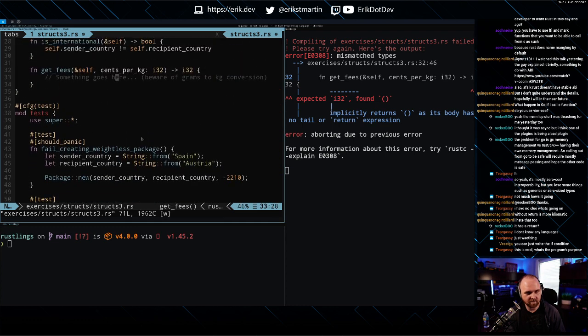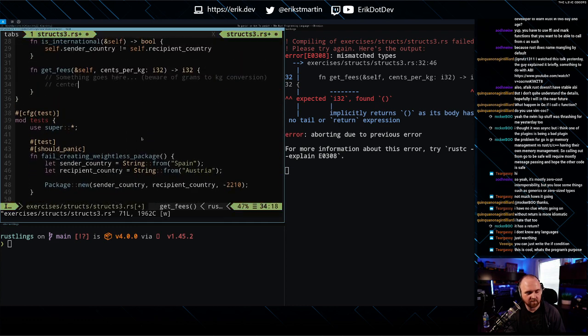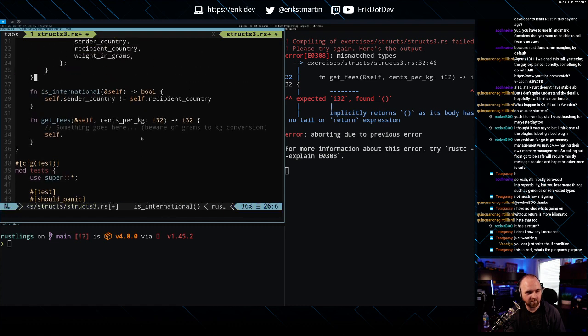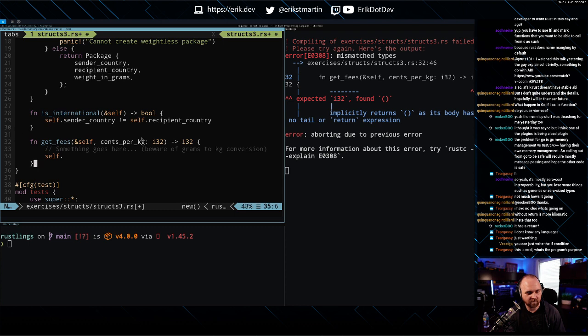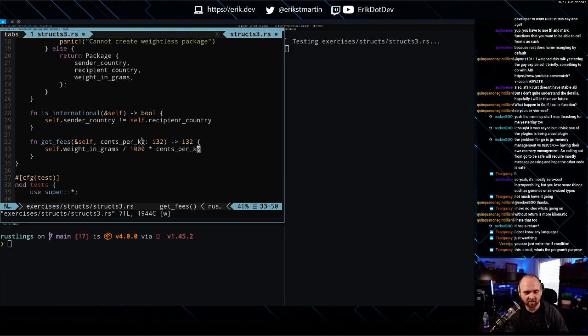And then we could just return self.weight_in_grams divided by 1000 gets us our kilograms. And then we're going to multiply that by our cents per kilogram. And I think that our logic there is going to be off because it needs to be 300, right?